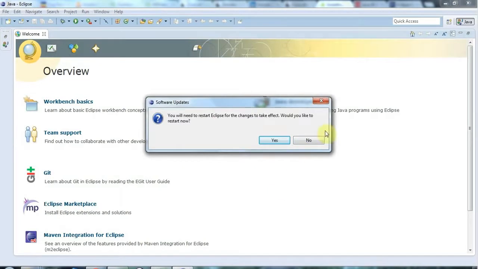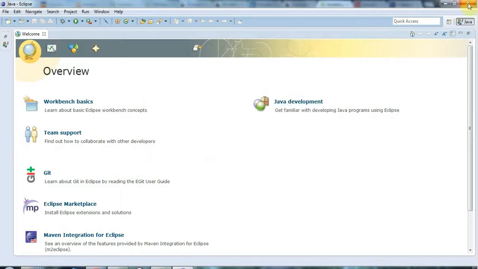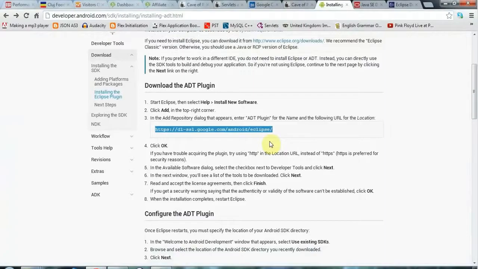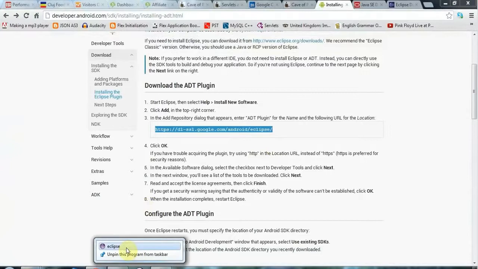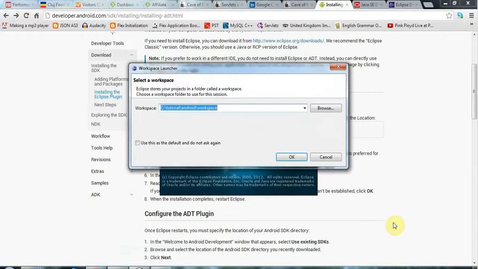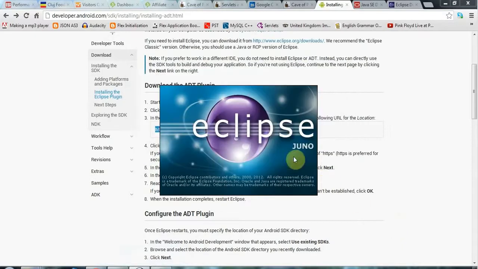Now I'm actually going to say no, and I'm going to quit Eclipse manually, and the reason for that is that I want to start it as administrator again. So I'm going to right click it and go to run as administrator, because again I've found in the past that this next stage doesn't work unless I am an administrator. So let's click OK there on the workspace, and we're almost there, but the next thing we need to do